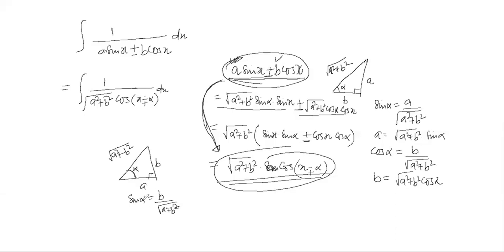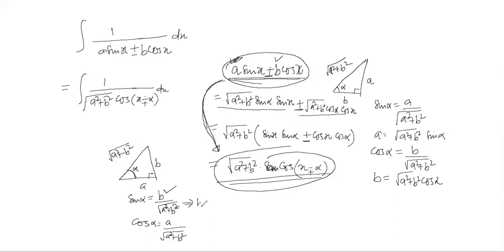We know that from the trigonometric ratio, sin theta equals p by h. In place of p, we just write b. In place of h, we write the square root of a square plus b square. All right. Very good. Similarly, cos alpha equals a upon root under a square plus b square.